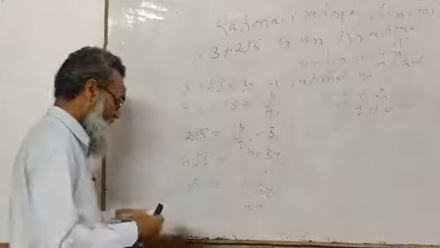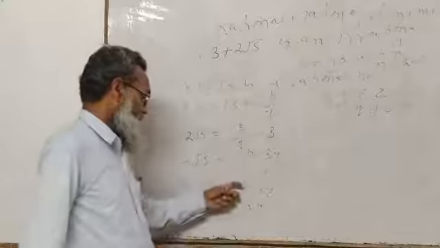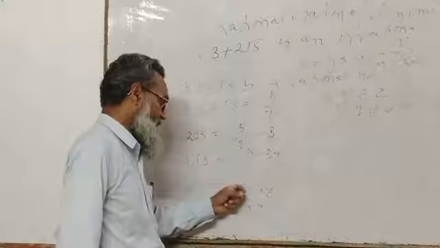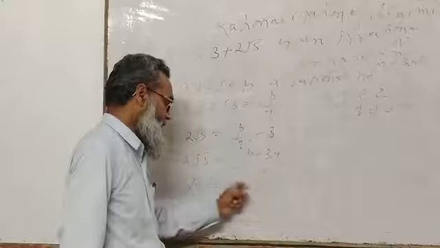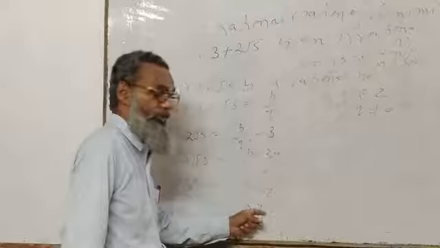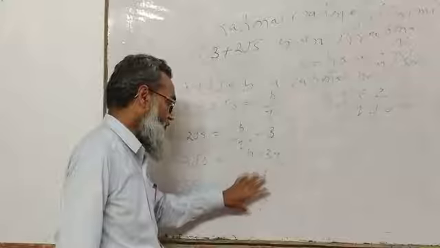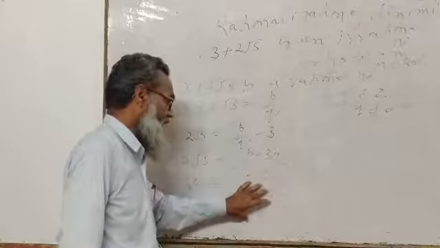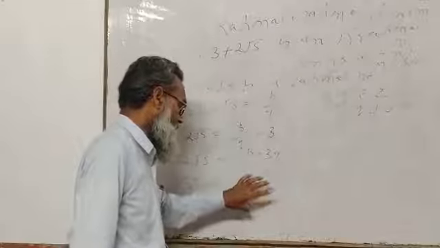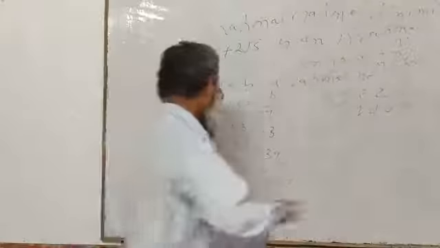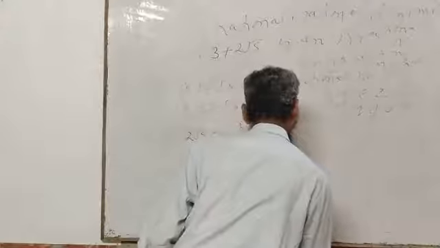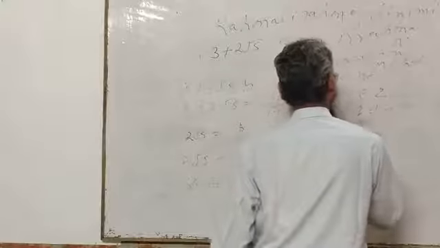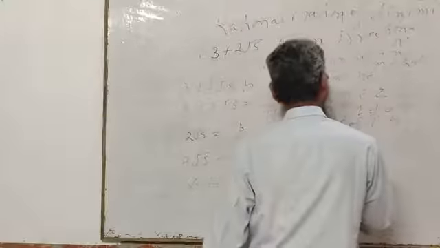So you see, on the right hand side, p and q are integers, q cannot be 0. If p and q are integers, then 3q will be an integer, p minus 3q will be an integer, and 2q also will be an integer. So it is of the p by q form where p and q are integers, q cannot be 0. So the right hand side is a rational number. Let us call this equation 1. So the right hand side of 1 is a rational number.